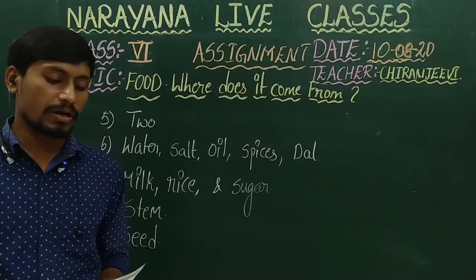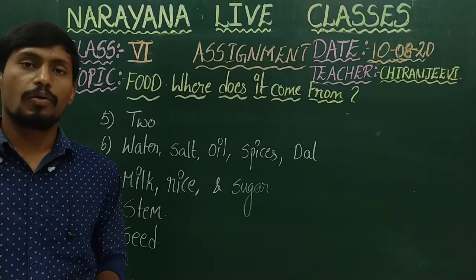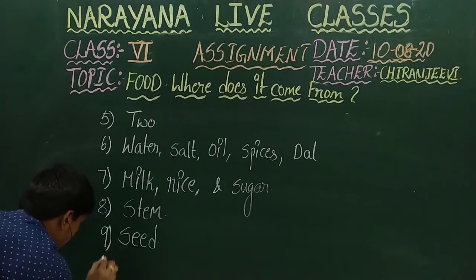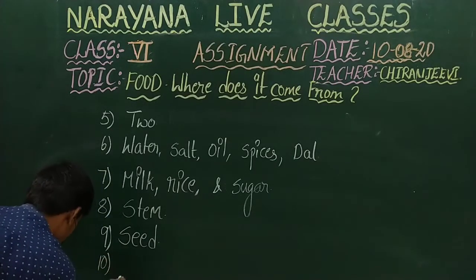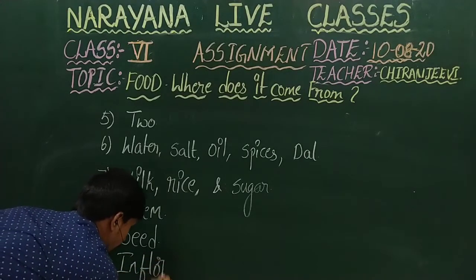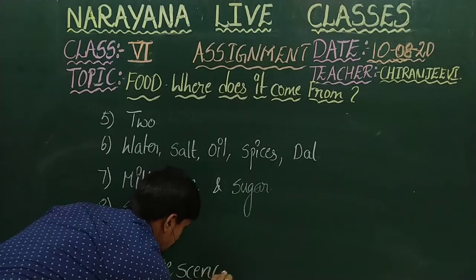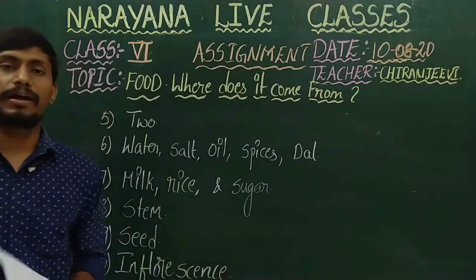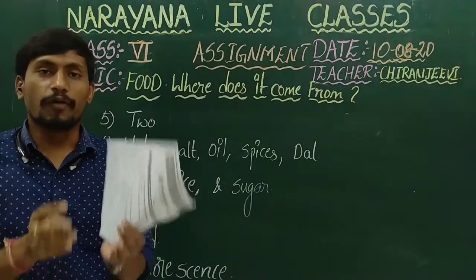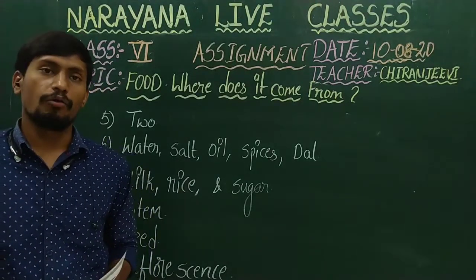And next one, tenth one, the edible part in cauliflower. Cauliflower is to be there, no? Cauliflower. What is the edible part in the cauliflower? The flower only we used to say, but biologically we call it an inflorescence. Inflorescence is nothing but a cluster of flowers. We can say it is a cluster of flowers combined to form one big flower-like structure. Cauliflower, we used to take it as a food.